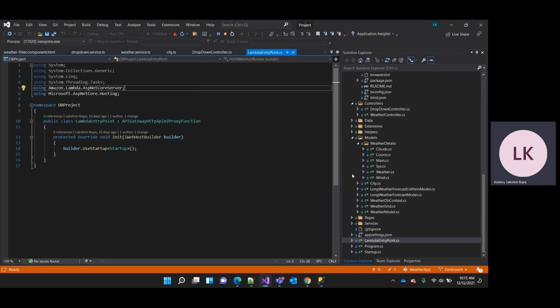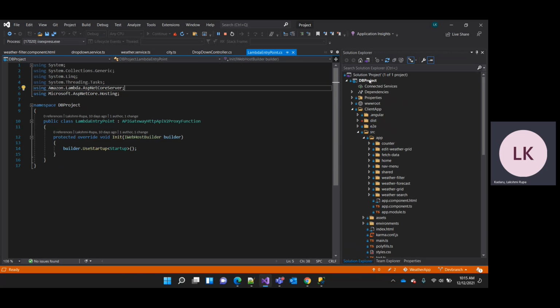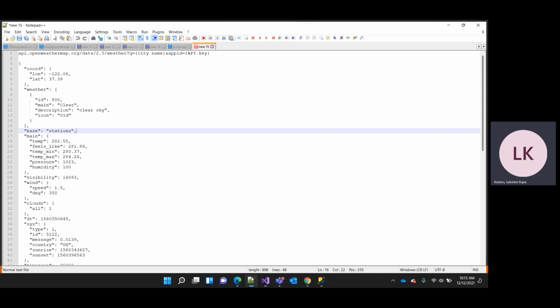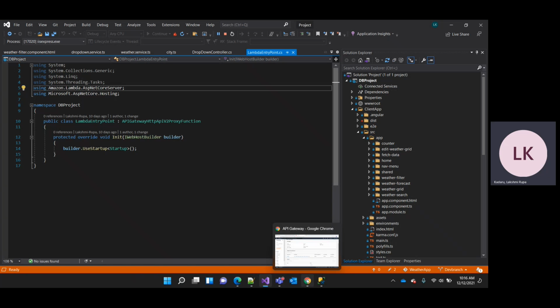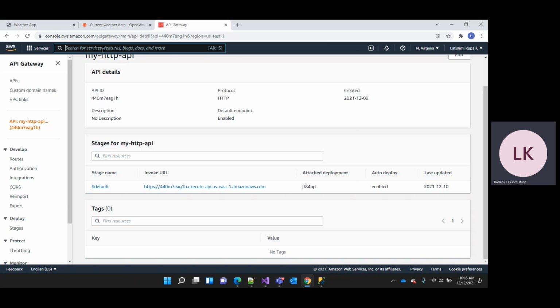You go to NuGet packages and install the package, go to your command prompt, select your project directory, and run .NET Lambda package. This would generate a zip file of your application, and you can go to